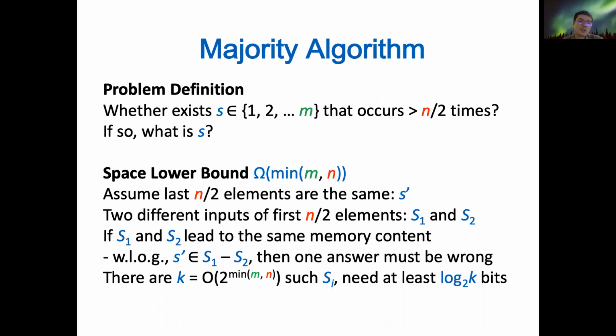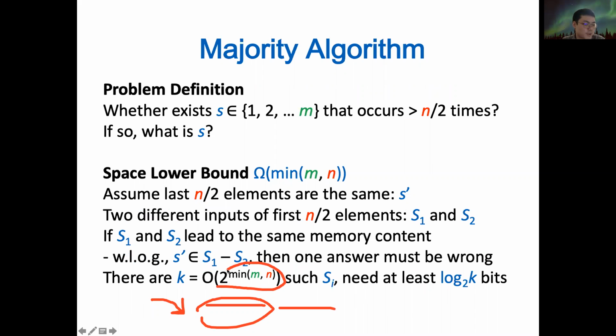Right. So now the question is really, the problem happening in the first half of this. How many bits do we need to represent the first half of the stream? That's the question. The answer is that we need 2 to the power of n, minimum n. It's because, if we need so many different numbers to represent this string,